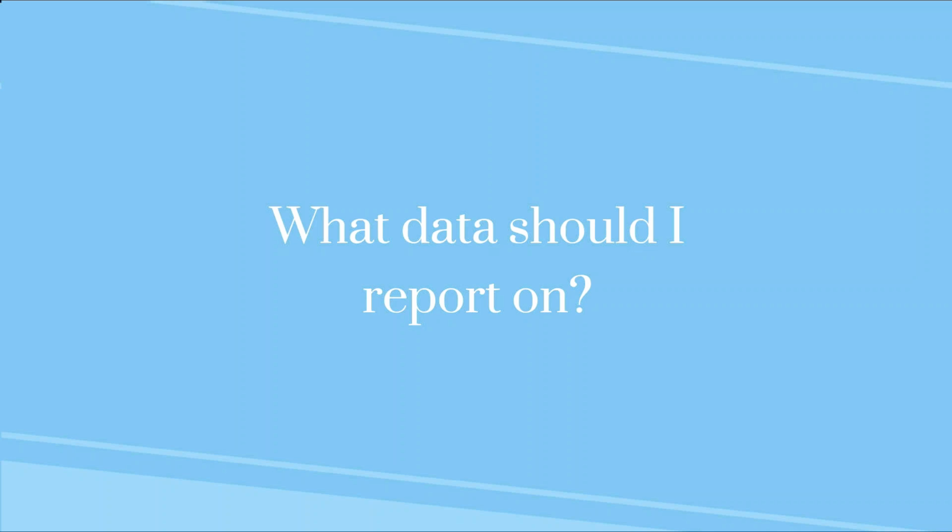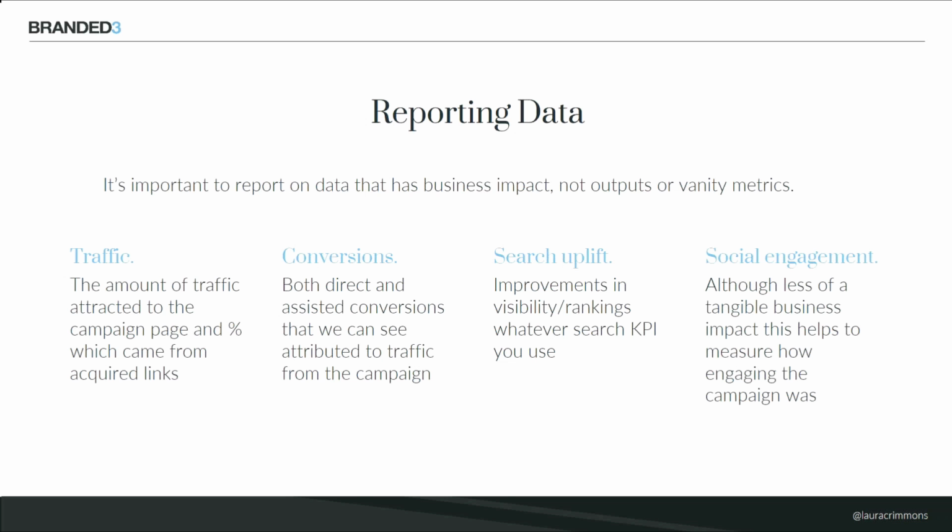So that's examples of the types of data that you can use to inform your campaigns and create them based on. But then what kind of data should you be reporting on? As I said at the start, one of my biggest pet peeves is people that try and measure by pointless link metrics or by number of links and things like that. I've talked about it quite a lot before, but you shouldn't be measuring just output. It should be the outcome that you were looking for. These are some of the things that we tend to look at.